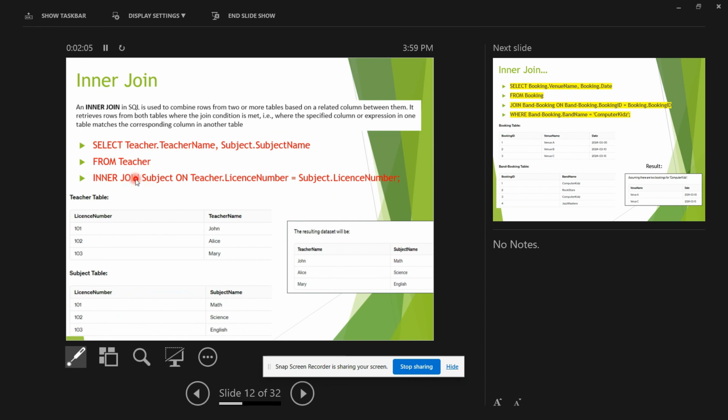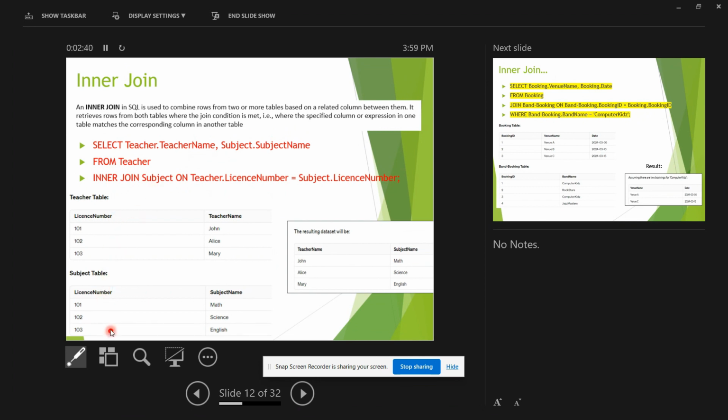Okay, but how will I write it? After the from, please look at the projector. After the from, I will write the first table, the one having the primary key. Okay, so I will write the name of the table, teacher, first, and the second table, subject, I will write after using the word inner join. First I will write inner join, then I will write the name of the second table. Okay, so on which criteria am I joining them? I am joining them on the basis of,